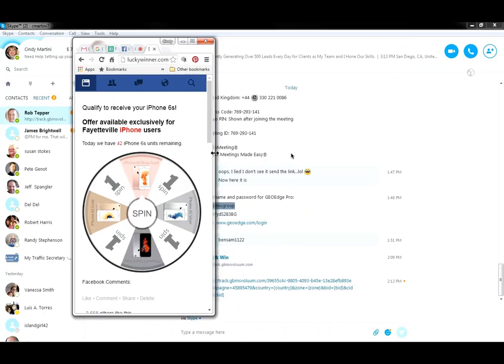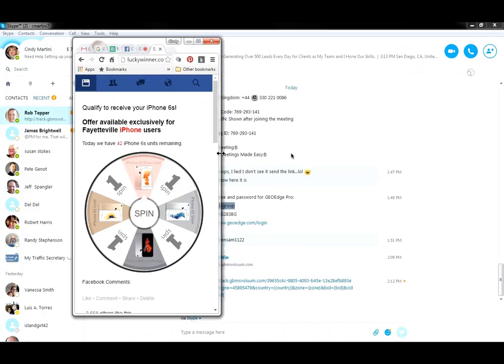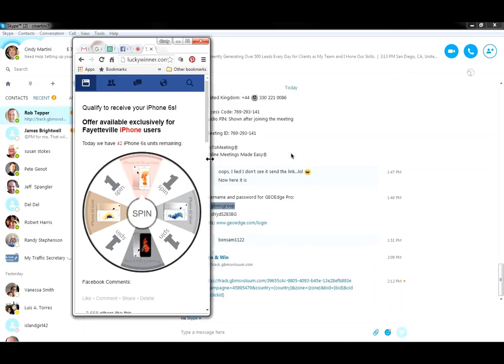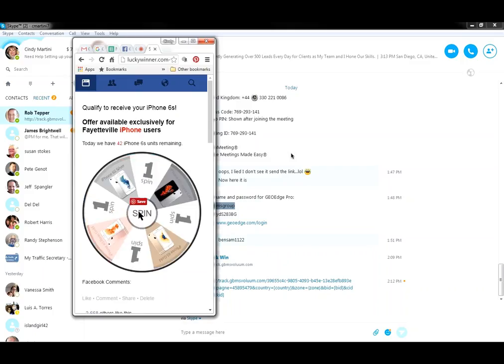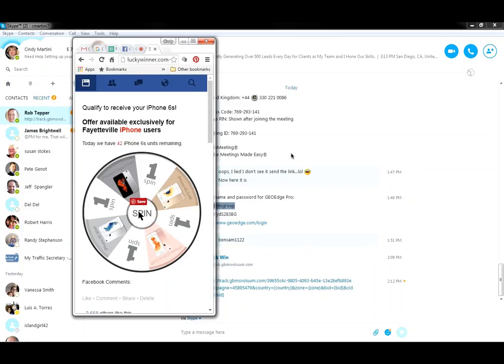So that's what I would do, just test it in its parameters. Is there any way to know? I'm eyeballing this. The whole spinner has to fit on there. The other way to do it is on a phone: you can install GeoEdge on your phone. I have a 6. Let's just go through the process. Click on spin, as if you're actually a user and this is coming up for you.